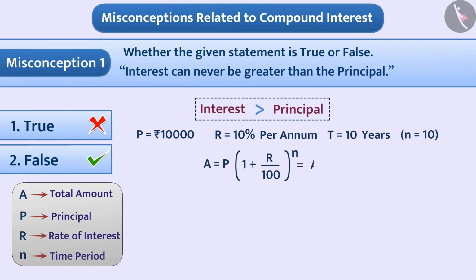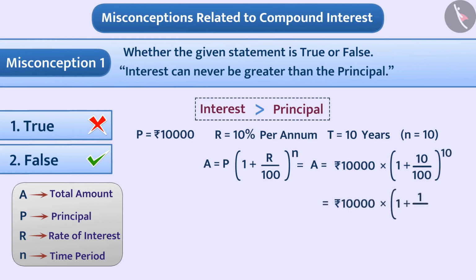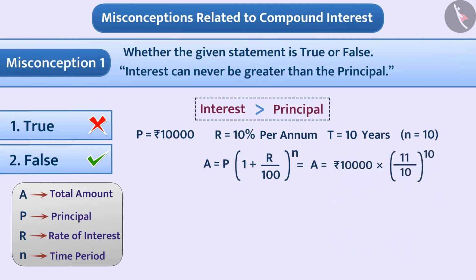In this way, A is equal to 10,000 rupees multiplied by 1 plus 10 by 100 bracket raised to the power 10, which is equal to rupees 10,000 multiplied by 1 plus 1 by 10 bracket raised to the power 10, which is equal to rupees 10,000 multiplied by 11 by 10 bracket raised to the power 10. With the help of a calculator, we get the approximate value of 11 by 10 bracket raised to the power 10 as